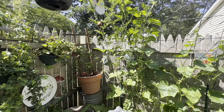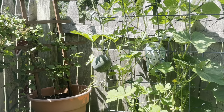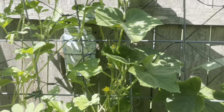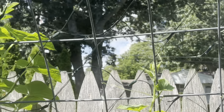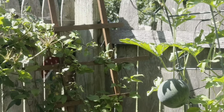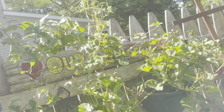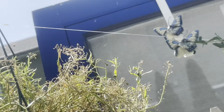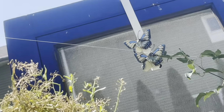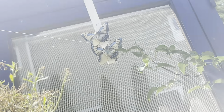Okay, here I have a little watermelon you can see growing there, and of course also more cucumbers that will be coming up this way on this side. And in that corner I have a clematis growing up this twine. My vision was, I don't know if it'll work. It was a small plant, but I did get a bunch of flowers, but I was hoping that it would go